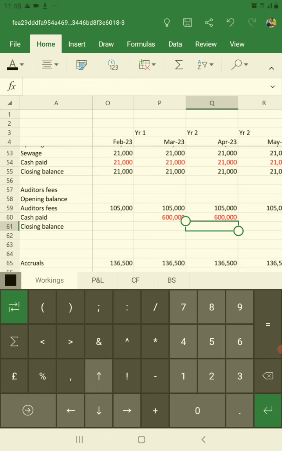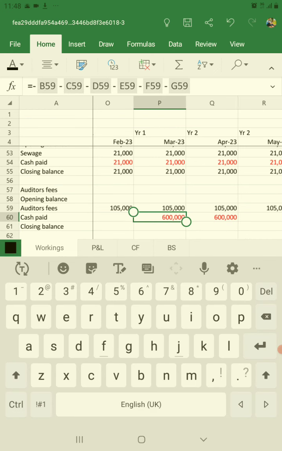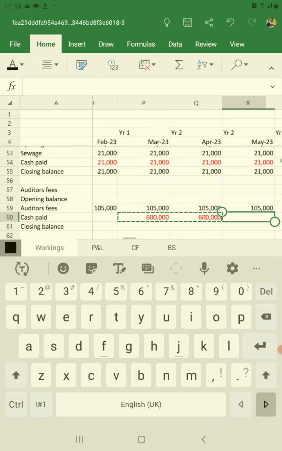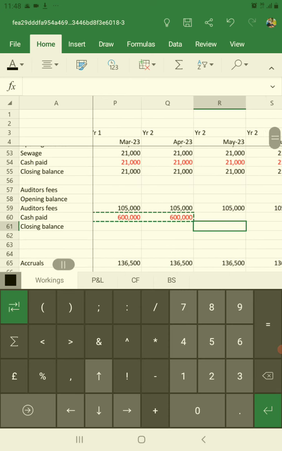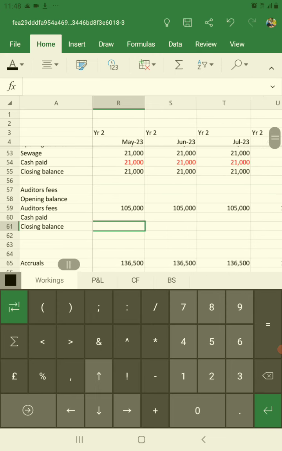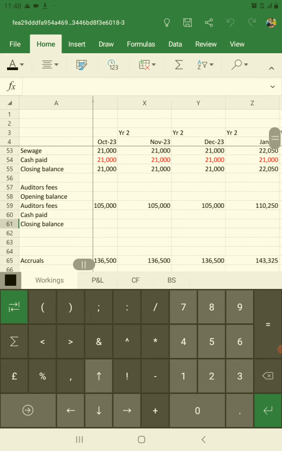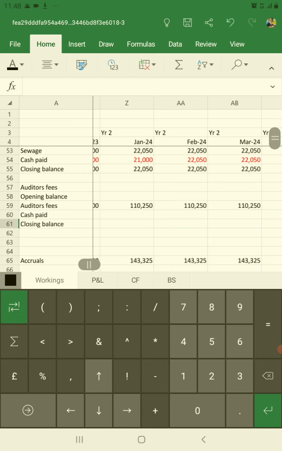On March and April, that is the time when the auditor is paid. So I just select these two items here, copy the formula here, and go to March. Go to March. Sorry, let me go through this way. March here,